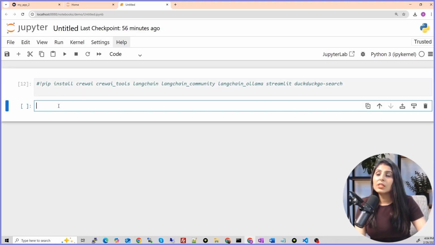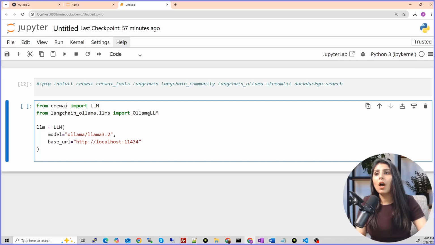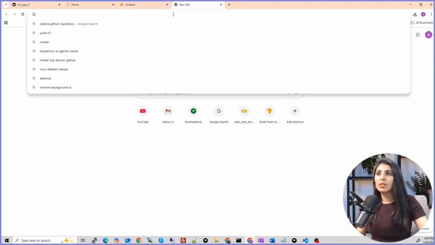And now let's write the code for our LLM, because we are going to use some LLM, right? So we are using Llama 3.2. So guys, how we can use Llama? First of all, you need to install Ollama on your PCs.